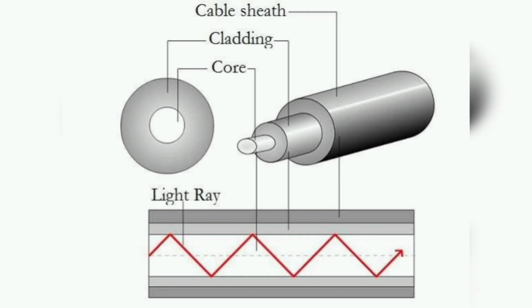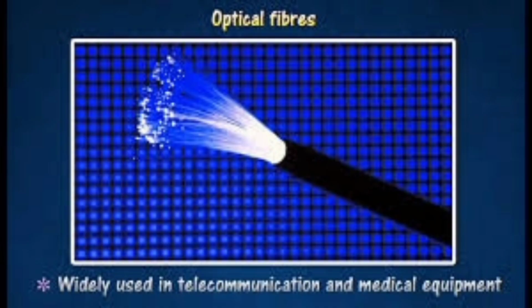Total internal reflection is a phenomenon that occurs when a light ray encounters an interface between two transparent media of different refractive indices, with the angle of incidence greater than the critical angle. At the critical angle, the angle of refraction becomes 90 degrees, and beyond that, the light is totally reflected back